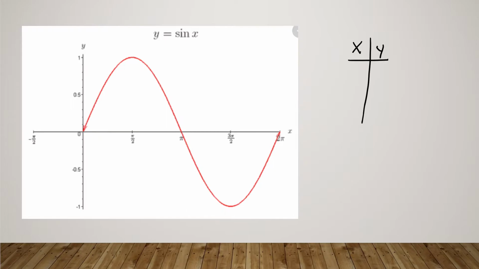I asked the students to use for the x values, remember, you can choose anything you want, but I suggested that we use 0, pi over 2, pi, 3 pi over 2, and 2 pi. And we're later going to refer to these as our 5 key points. So then we talked about what happens when you plug these values into the sine function. These are angles, and so when you take the sine of a particular angle, for example, sine of pi over 2,